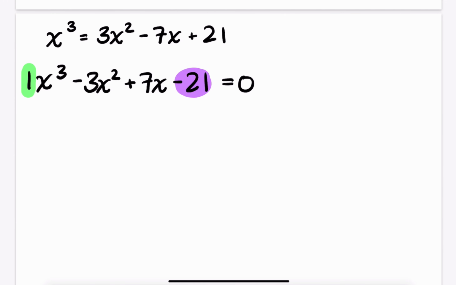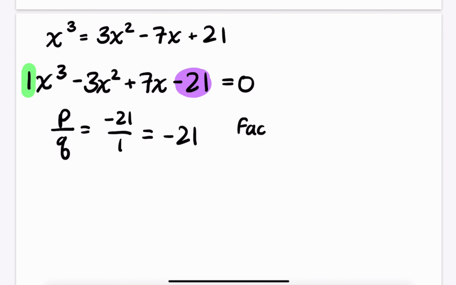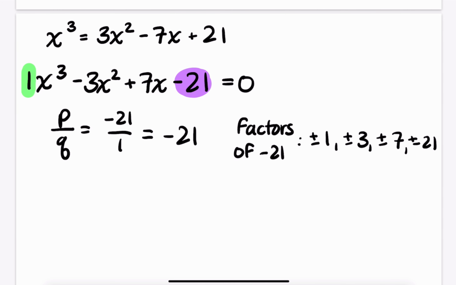So p divided by q is negative 21 over 1, which is just negative 21. Factors of negative 21 are plus or minus 1, plus or minus 3, plus or minus 7, and plus or minus 21. So out of those 8 integers,